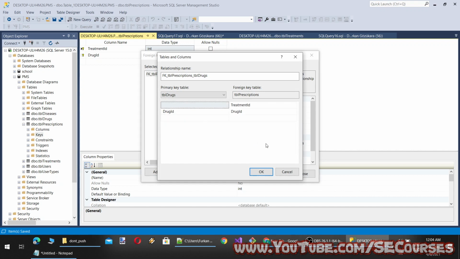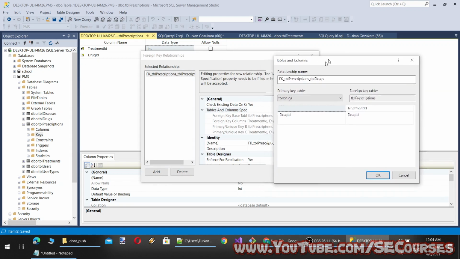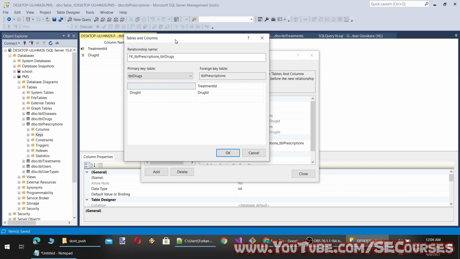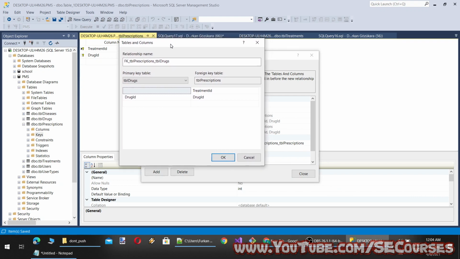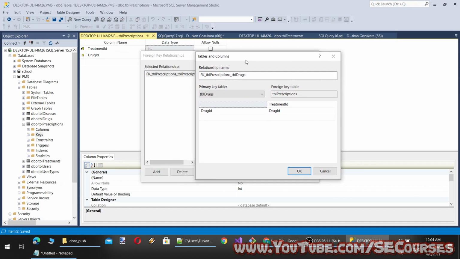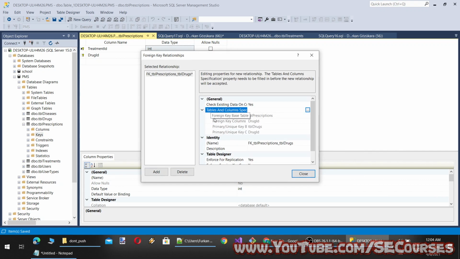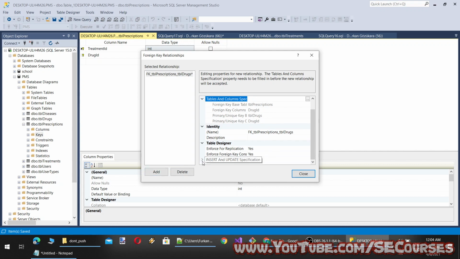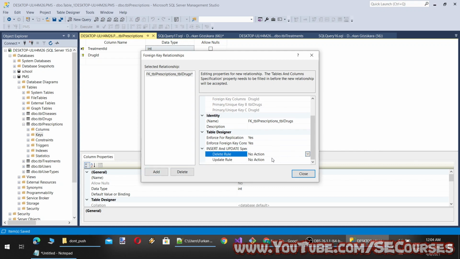Okay, looks like we are not able to set this kind of foreign key. Oh, I think we can set, yes, none. Okay, and I will make it insert, update, delete, cascaded.